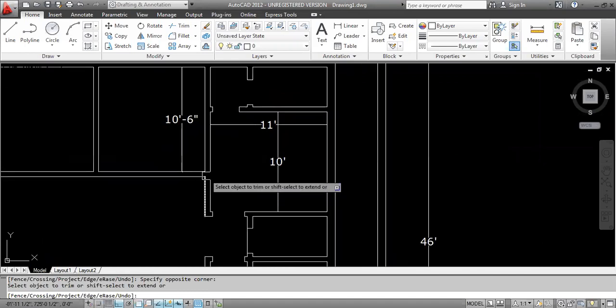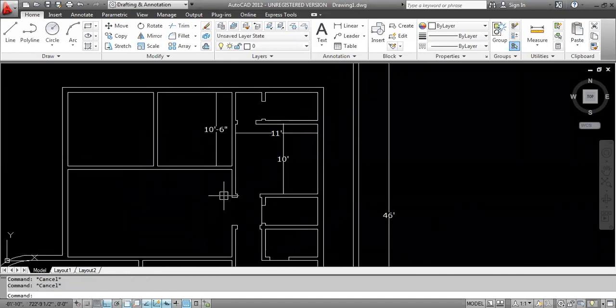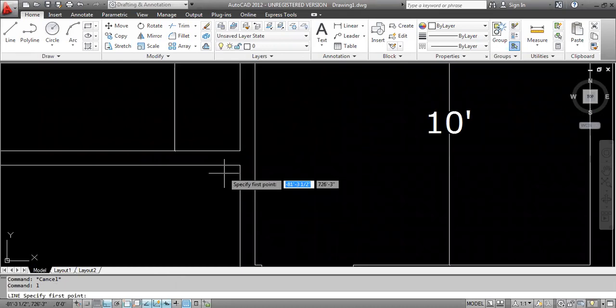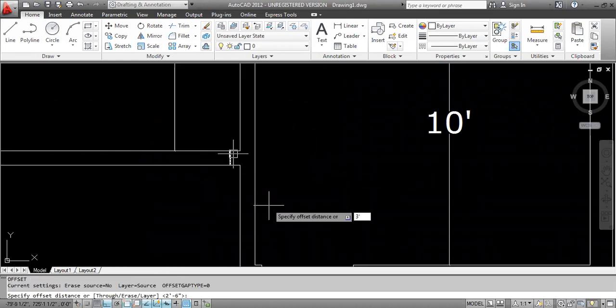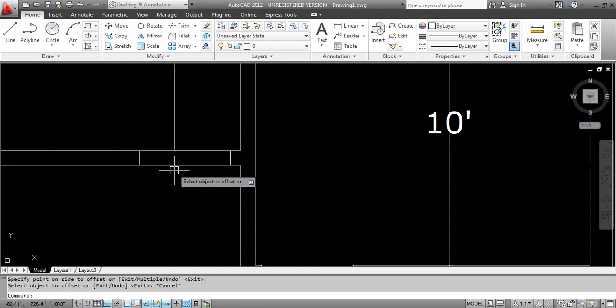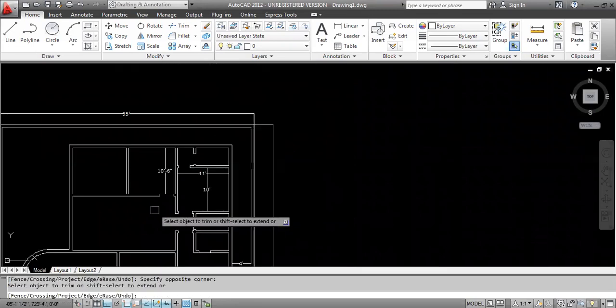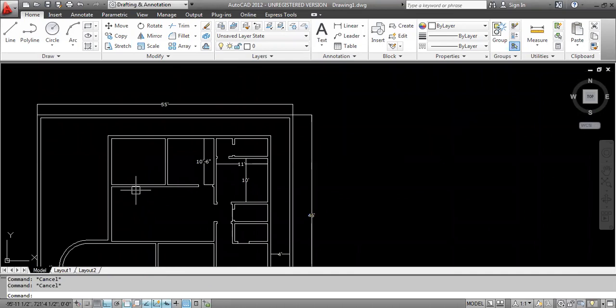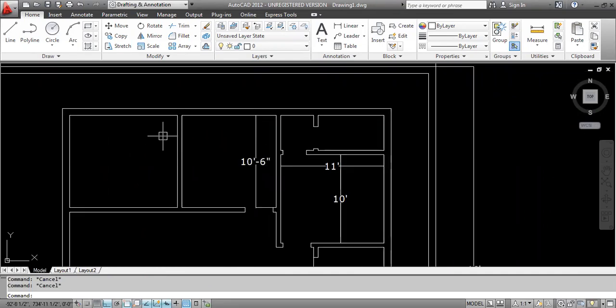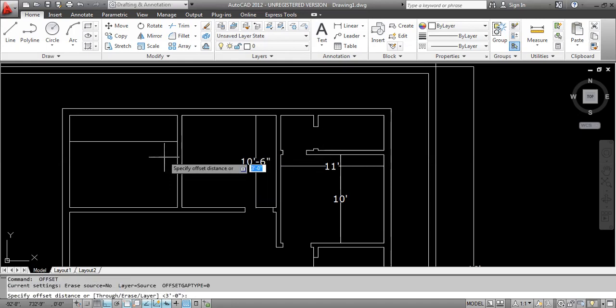Now we have to show here also one door opening, that is D1, offset 3 feet. Here we have to give another room, that is the wash area, that is 3 feet. We have to show the inner wall size, that is 6 inches.